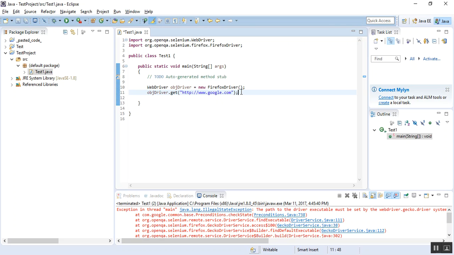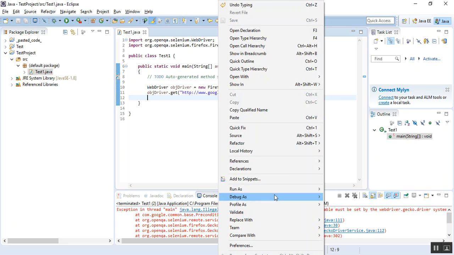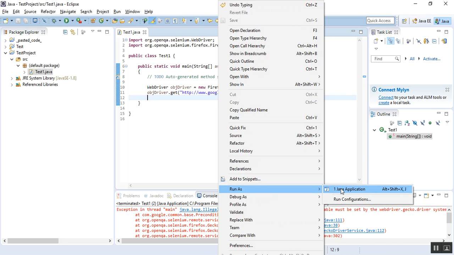So the intention of this statement is to go to the google.com page. Now let's execute these two lines of code and see what happens. Since we are using the latest version of Selenium WebDriver, let's see how it behaves when we directly use these two lines of code. So we'll execute it by doing a run as Java application,